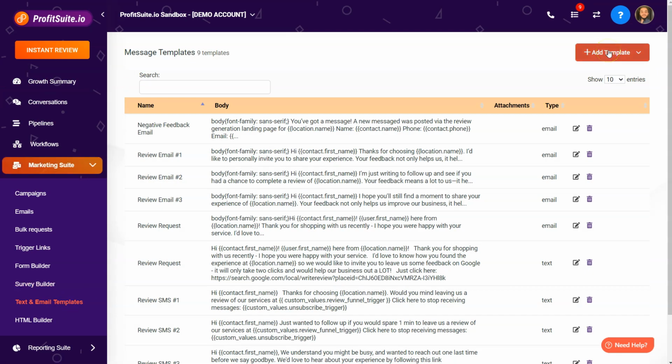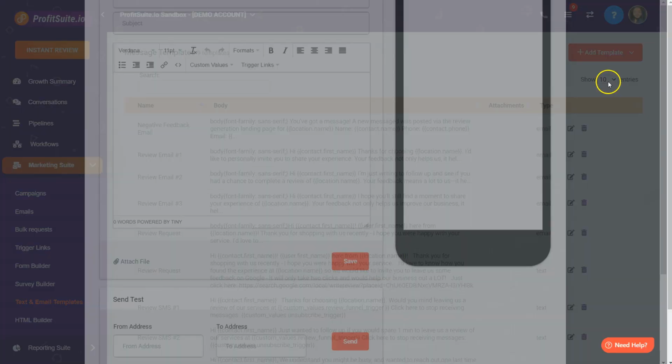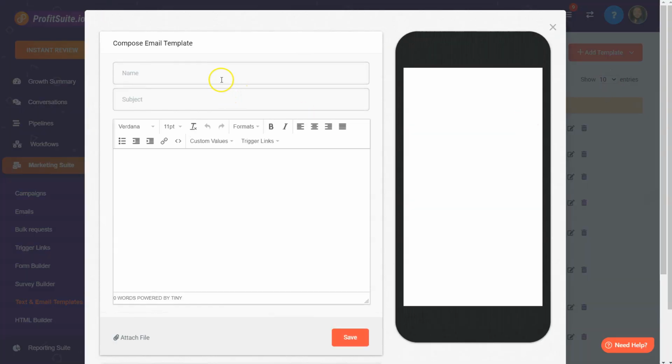At the very top right here, you'll have the option to add a text template or an email template. So let's go with an email template here, for example. So in here, you're going to type in the name of the template. So this is how you're going to remember what the template is used for. So for example, let's go with testing template